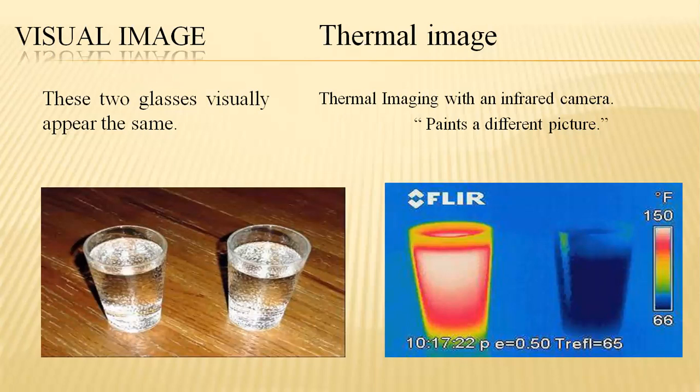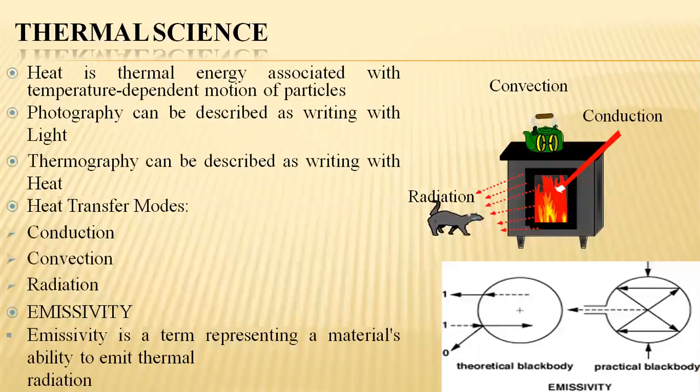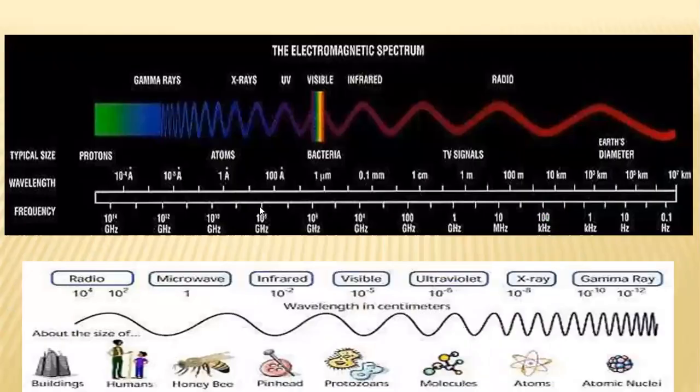Hence, the thermal image with an infrared camera has different image factors. Normally, we can say that this is the glass which has the least temperature, as we have clearly visualized in the spectrum. See, once we recall the spectrum, the infrared rays have the capability of ranging up to the range of X-rays, where the wavelength is decreased.